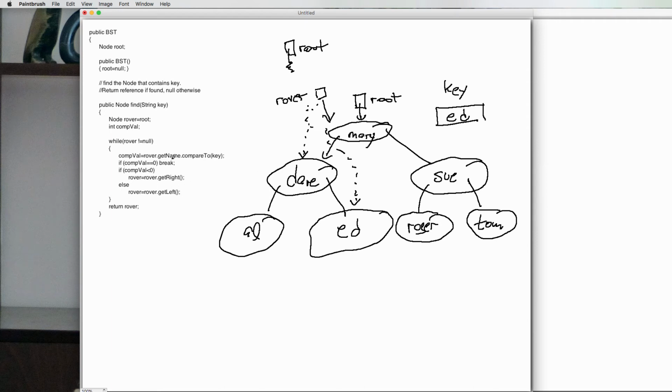I go through the loop one more time. While rover doesn't equal null, well, it's not null. I'm going to do compVal is equal to rover.getName compared to key. At this point, they're the same. So if the compVal is 0, I break, and I'm going to return rover, I'm returning the reference to here. Everybody get it? Suppose instead that my key was this,